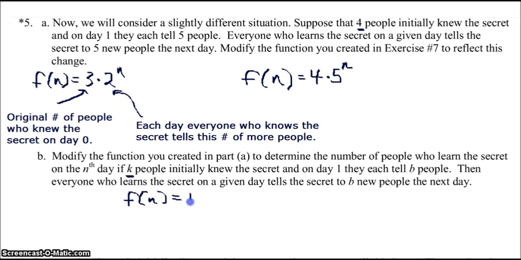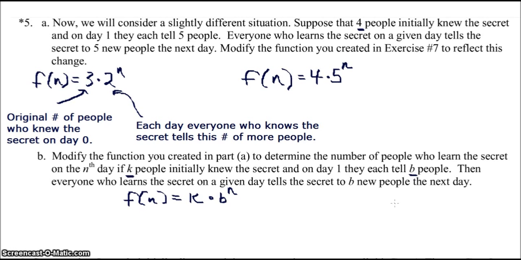So here K is a constant, it's not varying. And then they told B people each day. So that's our base here, B to the n. And here the only variable is the n. K and B are both